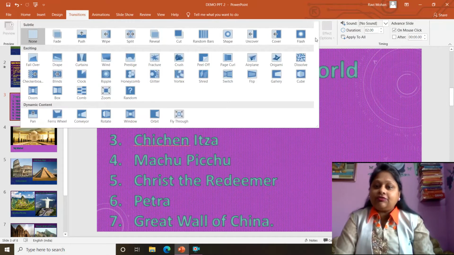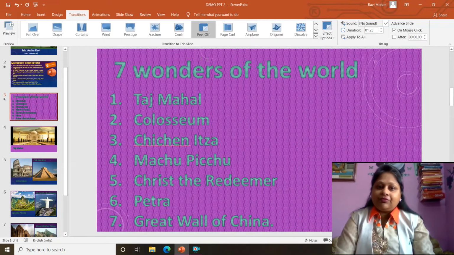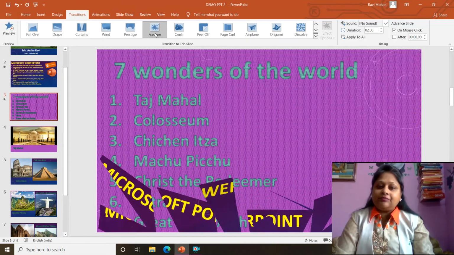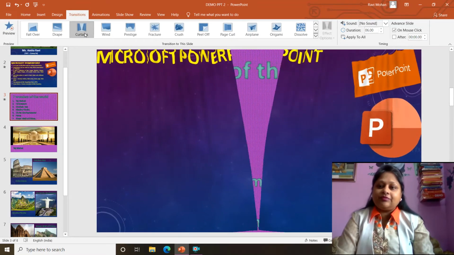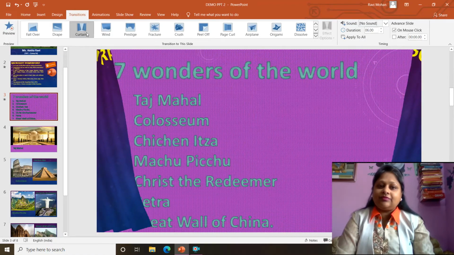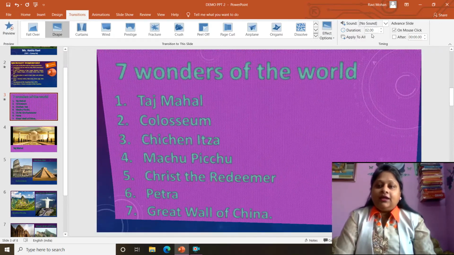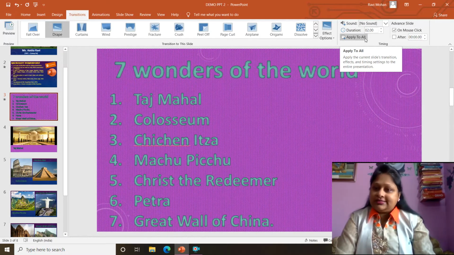Again, there is a list of transition effect, whichever you feel like can be applied to the slide. You could see how these are appearing. These effects can be applied either to all the slides or to individual slides.